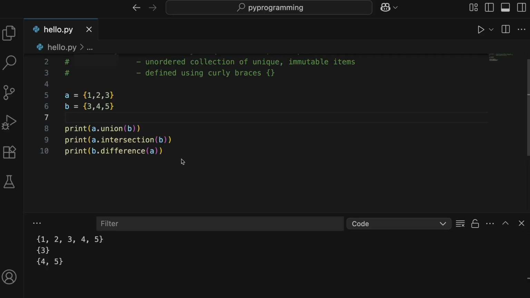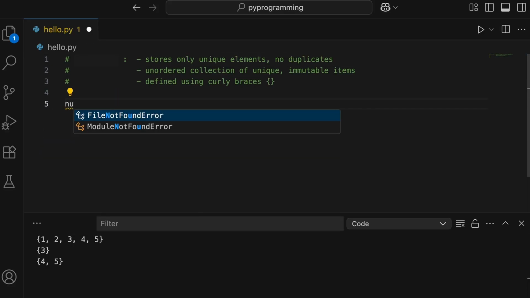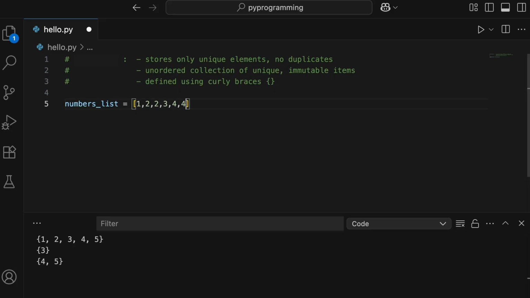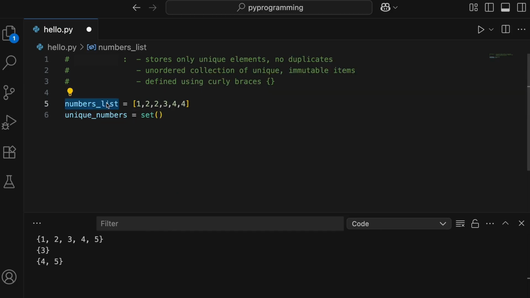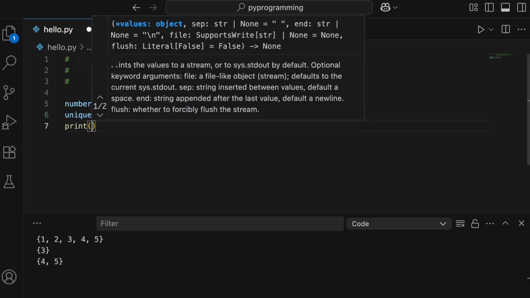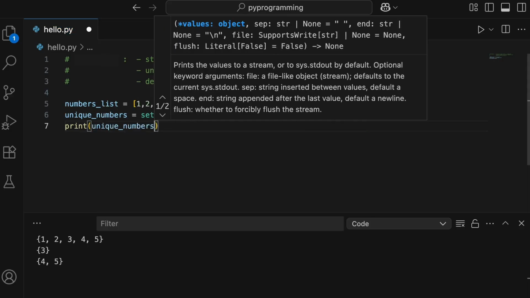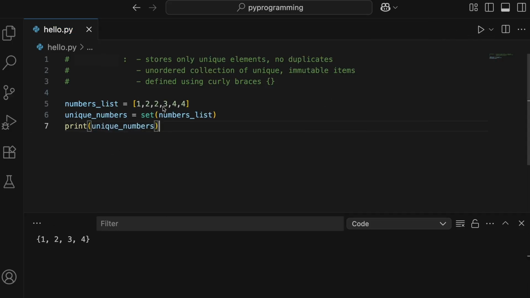Now let's check few more topics. Let's see how we can create a set from a list. So let's create a list first. I'll take a numbers list. Let's keep some values here, 4 and 4. So we can see that this list contains duplicates. When we convert this list into a set, it is going to automatically remove the duplicates. Let's go ahead and try that. Let's create a set with name unique numbers. In order to convert, you just have to write set, and then inside set you can pass your list, and that's it. That's how you can convert a list into a set. Now if we print the set, we'll only get the unique elements. So I'll print the set and let's save and run this. So now you can see we have the set with unique numbers.